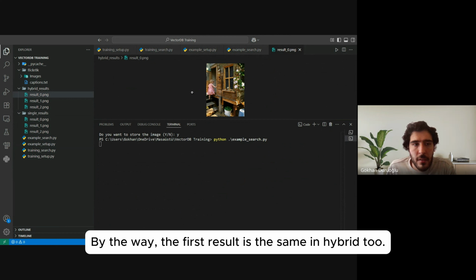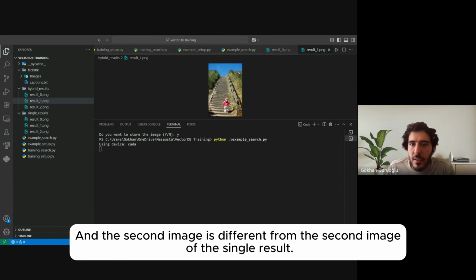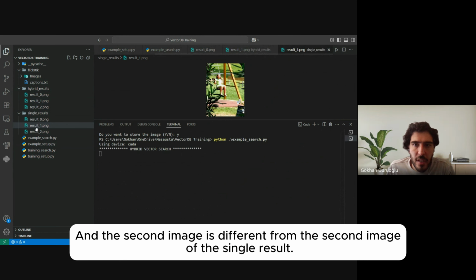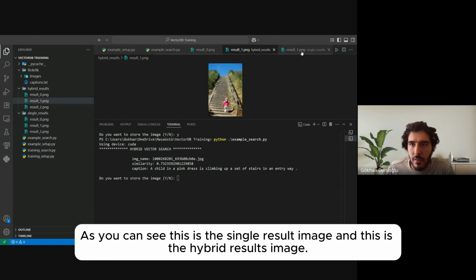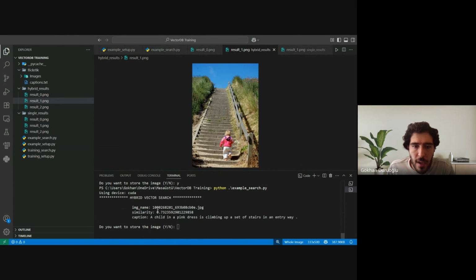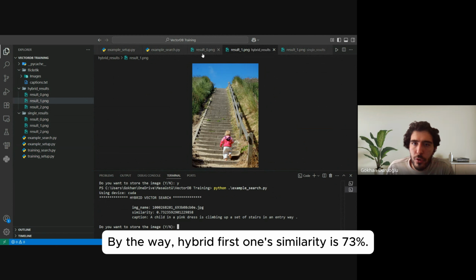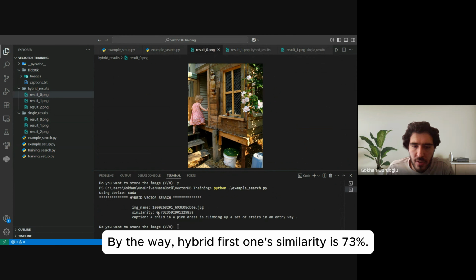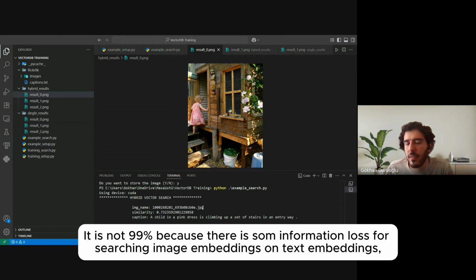By the way, again, the first result is the same in hybrid too. And the second image is different from the second image of the single result. As you can see, this is the single result image, and this is the hybrid results image. By the way, the hybrid's first one's similarity is 73%. It's not 99% because there is